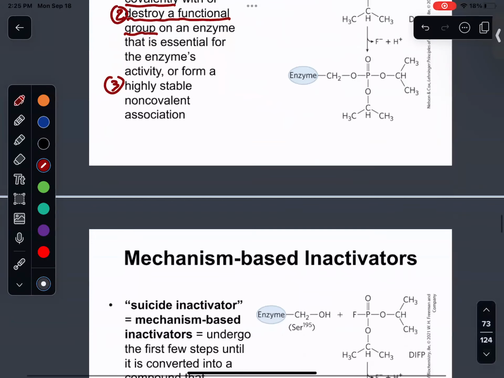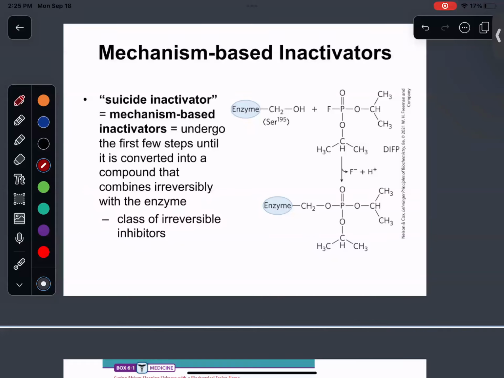We're almost there, guys, I promise. Mechanism-based inactivators. You guys can read the slide. I'm not going to go through this too much. It's pretty self-explanatory, but bottom line, the mechanism-based inactivation system is where the product being formed, right? After we form the product, it's not going to work on the next step of the chemical reaction. Whatever the product is from this whole system, there's something wrong with it, and it cannot continue through steps 2, 3, 4. It's not going to work in step 2.